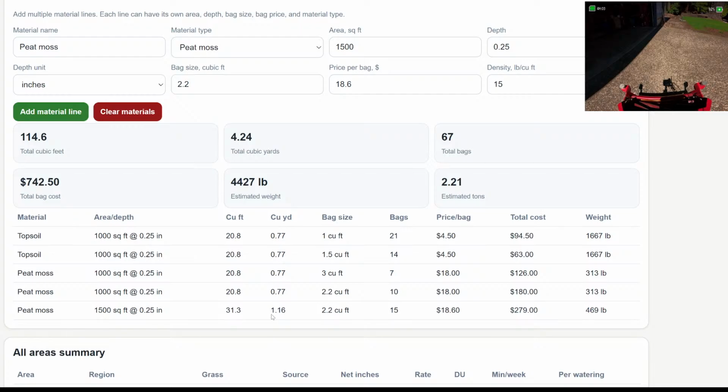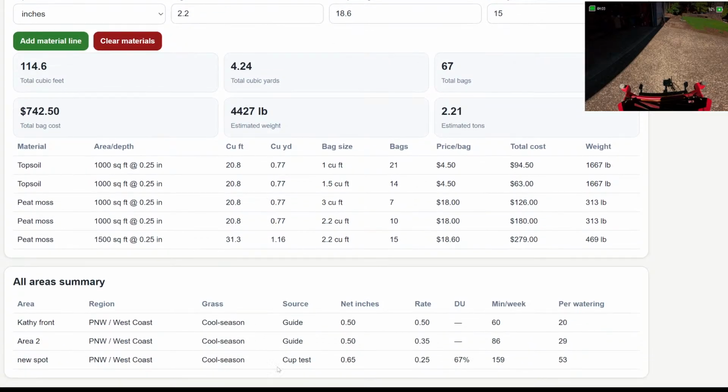And then it talks about cubic yards here, because let's say you're ordering topsoil and having it delivered, and you have a minimum fee and all that. You can figure out the different depths too. I didn't update this page, because I had already worked on a lot of these little issues. There's an edit to edit these out, and a delete, so you can delete a line and make your changes, all that kind of stuff.